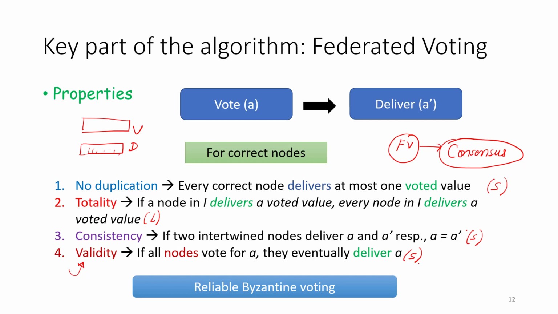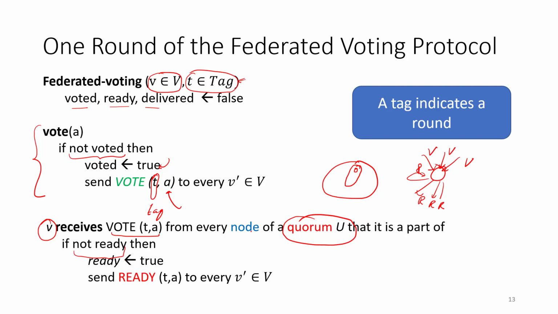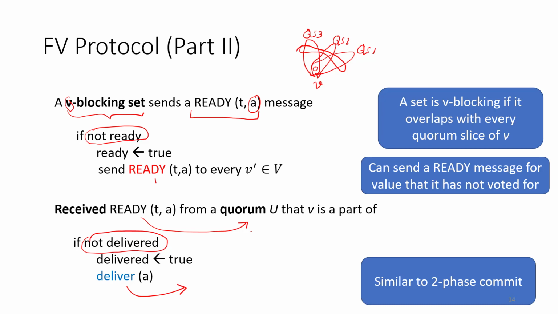So you take any two quorums and you'll have one correct node that is in common, and that cannot lie. Given that it has already committed to a given value, it will keep that commitment. So nobody else can deliver anything else. So that proves property 3 as well. And furthermore, if all the nodes vote for a single value, then that has to be delivered, because if you see our algorithm, there is no way to introduce any other spurious, extraneous value in the middle. So this is like a two-phase commit where, as I said, the first phase need not finish, but if it does, then you have these beautiful safety as well as liveness properties of federated voting.